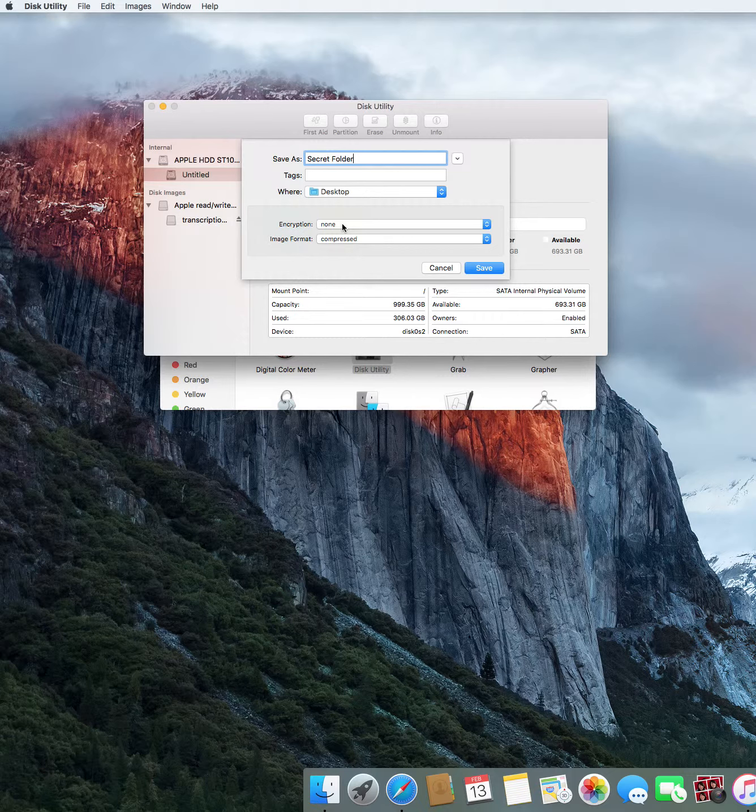Next thing we want to go to is encryption. Now you've basically got 128 or 256. Now this is entirely up to you, it depends on what your preferences are, but in this case I'm going to go with the lower encryption just to be a little bit faster. So we're going to click on that,